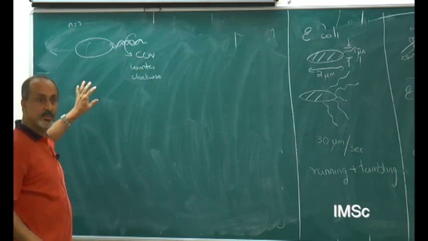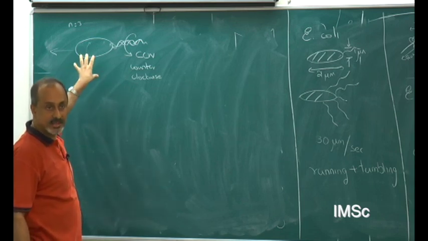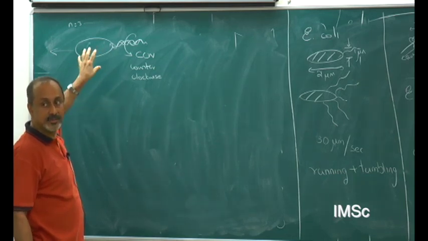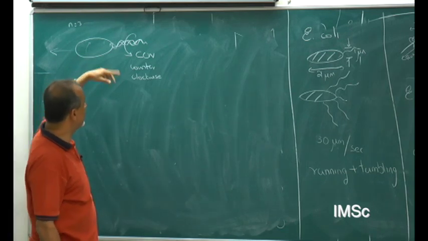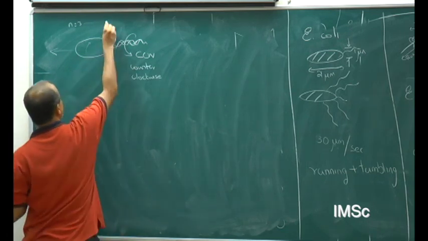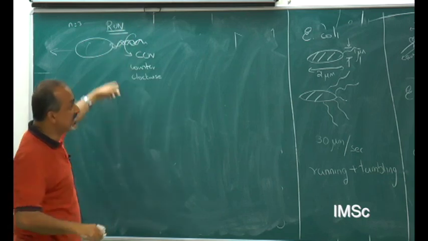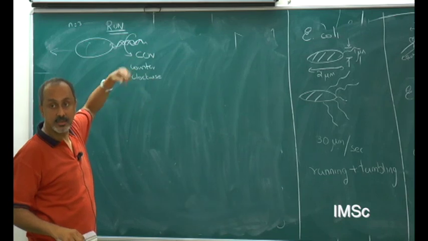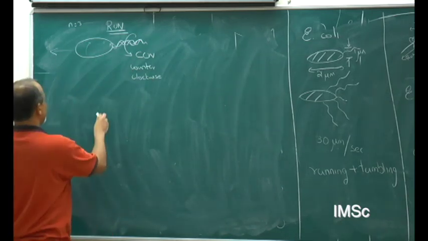So this is a very interesting way of moving in this very fluid environment that E. coli has, and we will discuss the reasons for why it does so a little later when we talk about fluids and the constraints that happen when small things try to move in fluids. But here all we need to know is that when it wants to run, so this is the bacterial run, it does so by winding its flagellae into one helix, rotating that helix counterclockwise, and then moving in the forward direction. When it tumbles,